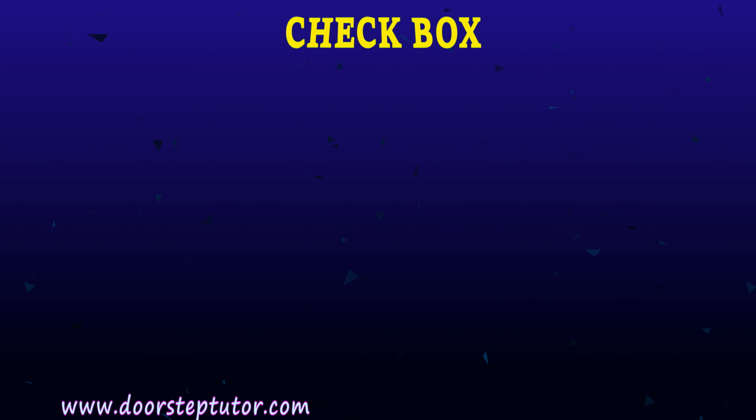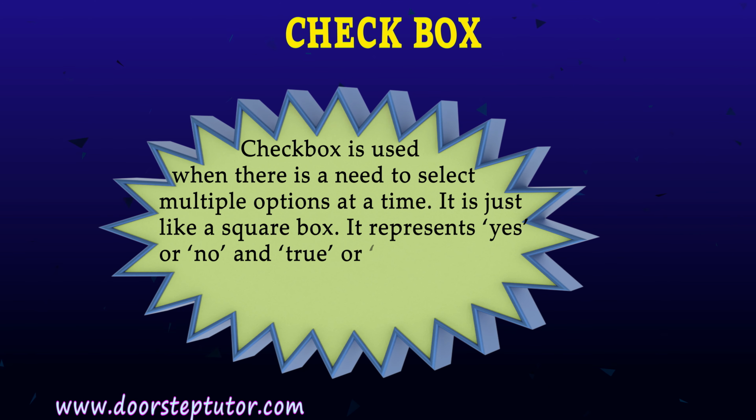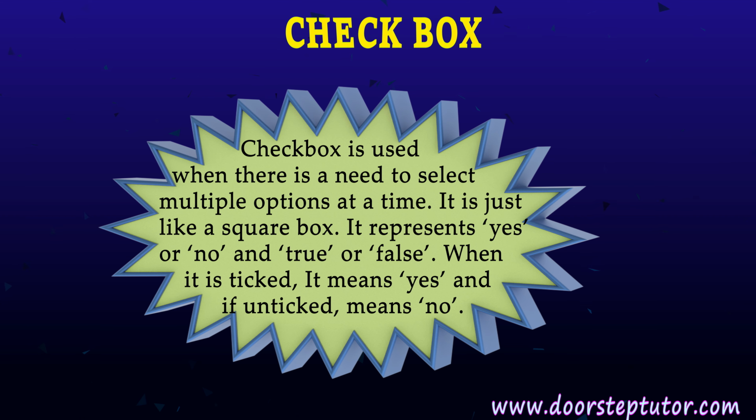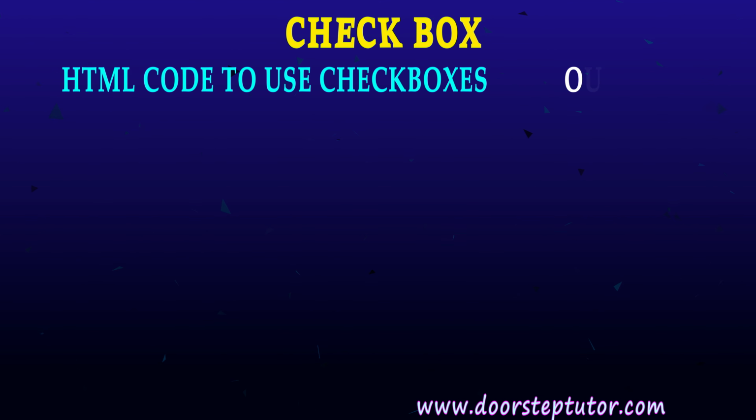It is about checkbox. So now we will have the confusion about what is the difference between a radio button and checkbox. In case of radio button, we can select only one option from the number of options given. But in case of checkbox, we can check multiple options. So this is the difference between radio button and checkbox. Like we will have multiple options and we can tick multiple options at the same time. It will just display the tick sign on the checkbox. So here is the code and output.